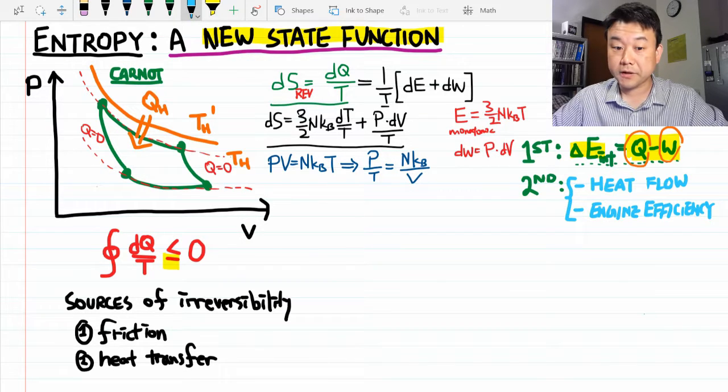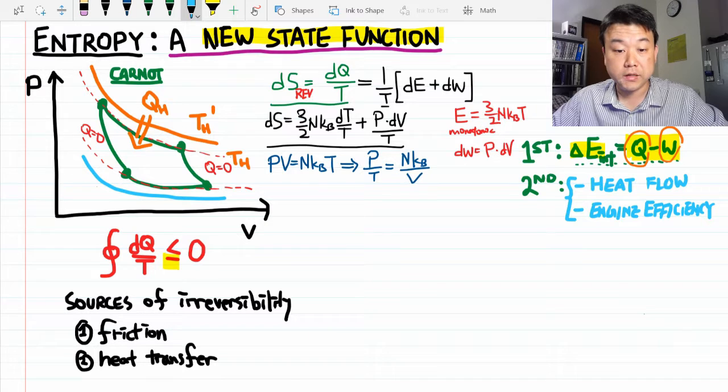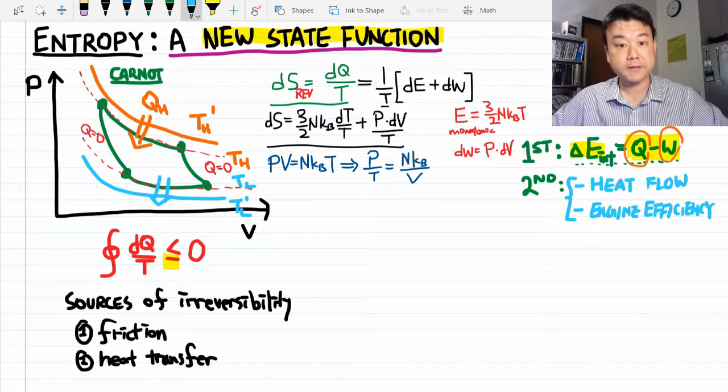And I don't have to stop there. I can make the heat transfer on the lower isotherm also irreversible. Instead of saying that heat transfer is occurring from a thermal reservoir at temperature TL, I can say, well, it's actually colder, because that's going to make the heat transfer occur more quickly. So the waste heat is being expelled into a lower temperature through an irreversible process.